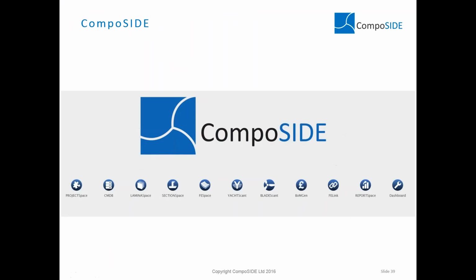Let's try to provide a short summary of what we've seen today. So CompoSIDE allows for a very efficient and comprehensive workflow within the design and analysis of both metallic and composite structures. A number of modules dedicated to each of the main design steps are available. So CMDB stores materials, plies, physical, mechanical properties, and it can be stored here and used within all projects automatically. Pricing information can be added and picked up from the later modules such as BOMGen for bill of materials generation, but we don't tend to give out the costs